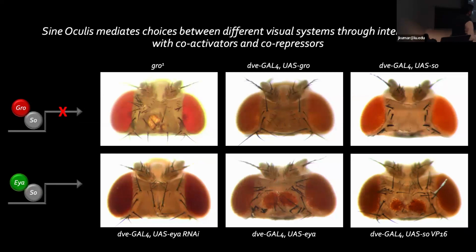So over here at the end, you see me overexpress Cynoculus and you kill the 3 ocelli. If you overexpress Groucho itself, and you basically flood the system with Groucho, so it takes all of the Cynoculus that's normally expressed and makes it a repressive complex, you will actually kill the ocelli too. If you knock out izapsin, basically depleting the ocelli of izapsin and forcing a repressive complex, you will again kill the 3 ocelli. So these are all consistent with each other.